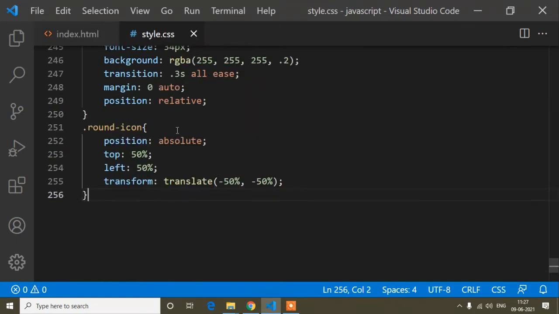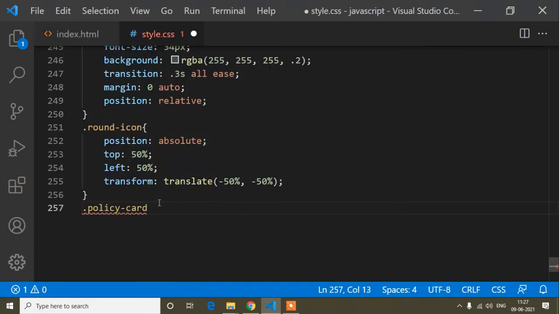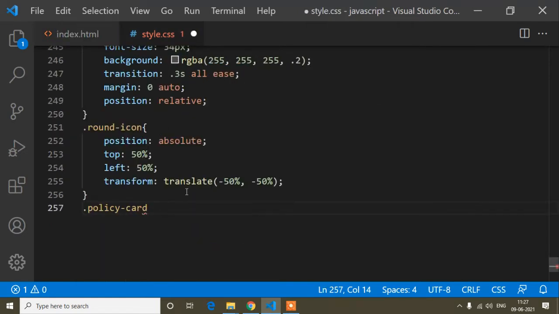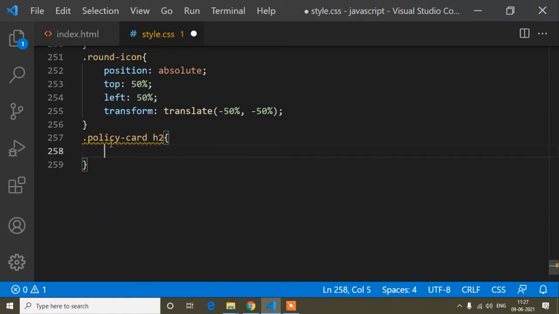If any h2 tag or p tag is outside this parent class, it will not be affected by the CSS I am going to write, because I am going to affect only this h2 and this p tag. That's why I have added this parent class. So policy card and then h2 tag, and the same I will copy and paste here, policy card and then p tag.